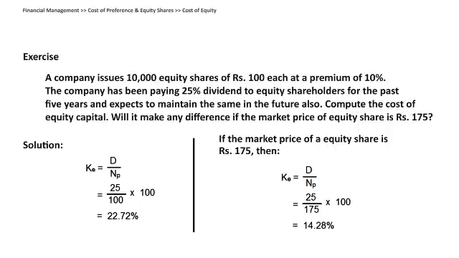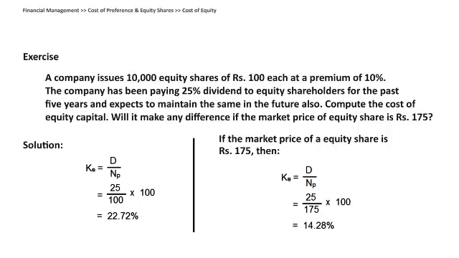Right? If I tell you one more part, find out the rate of dividend in case of a premium. What will you do? 25 divided by 110 into 100, right? Which gives you a return to equity shareholder of 22.72%. As you know, premium is to be added, so add up the premium. It's a new issue, just add up premium and finish it off. Clear? That's how you need to do dividend divided by net proceeds.